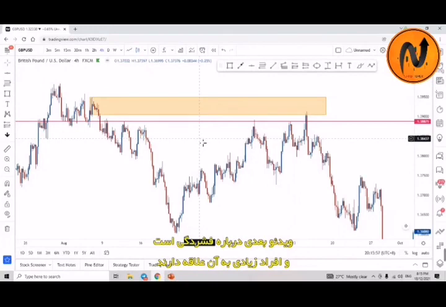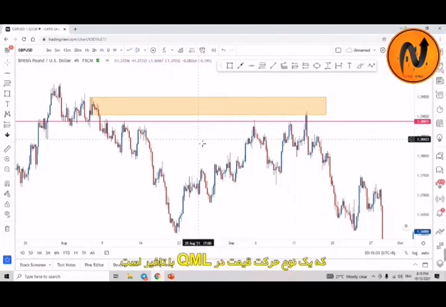That is the compression, right? It's another type of price action for the